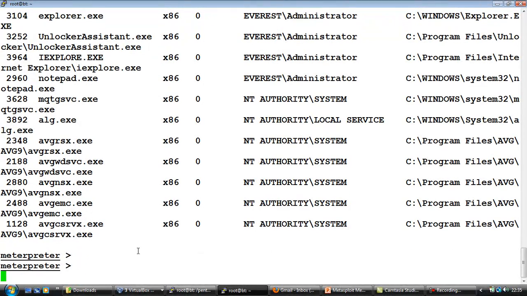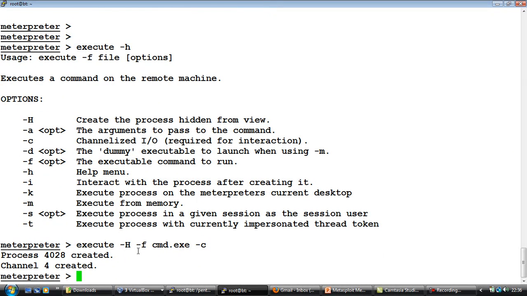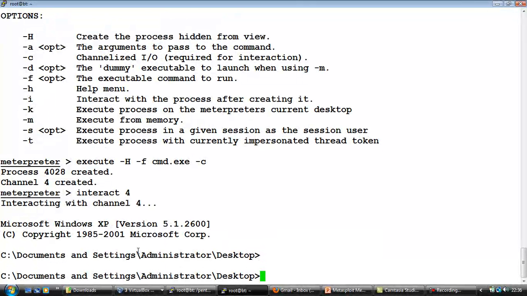So it seems like the Metasploit script is not working. Let's investigate further into how to make this work. So let's quickly execute a command shell on the remote system. Probably create a separate channel for this one. And then let me go ahead and interact with that channel. Awesome. So the first thing I want to look at is the different processes,